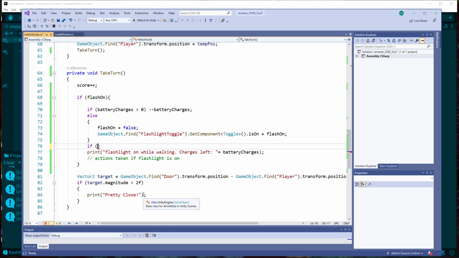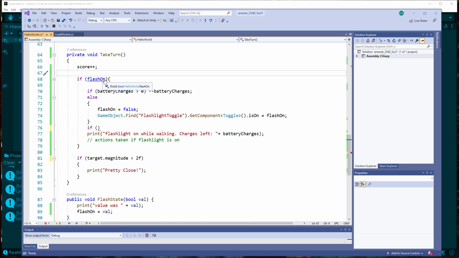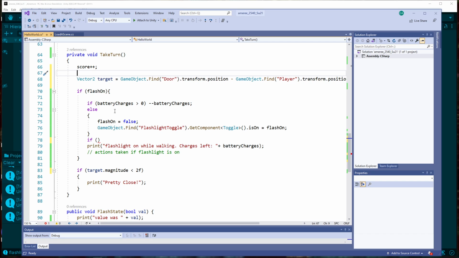We could say, like in general, every time we took a turn, if we were within 2 meters, in Unity you can kind of think of it in terms of meters. If we're within 2 meters of the door, it printed out pretty close. We could say something up here that if the flashlight is on, the moment we take a turn, it's going to be important for us to know what that target is. So we'll say, if the flashlight is on,